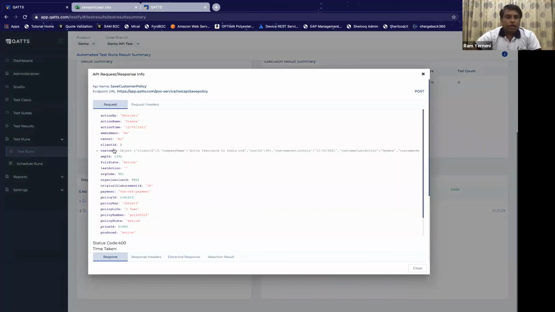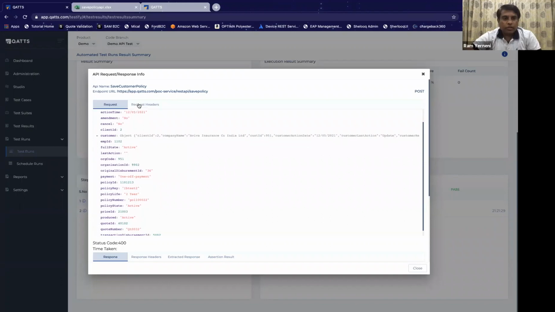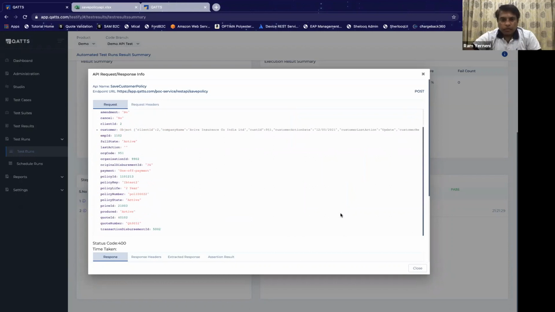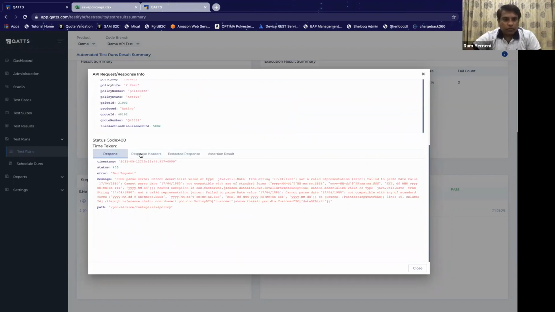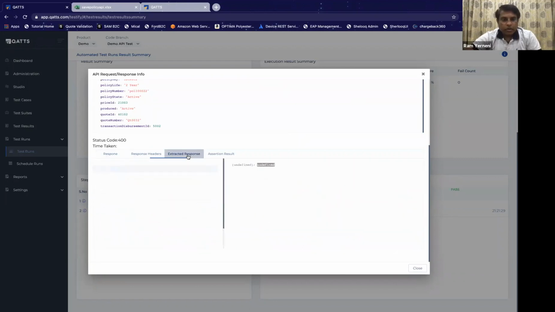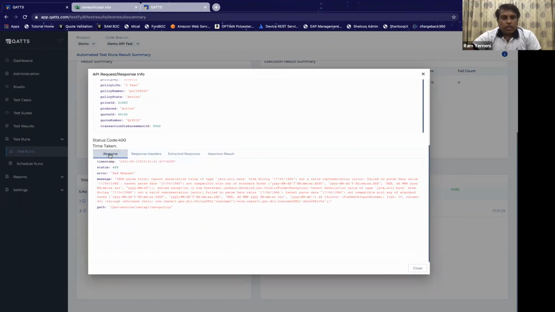We can see our request that was created with the help of the test data that we injected into it, and then the request status, if there is any, is also displayed here. In the bottom, you can also see the response. We got a bad request here. Then you have your response headers coming through, and because you got a wrong response, you got an assertion failure as well. Okay. So this is how we inject the dynamic data and then connect that with the next